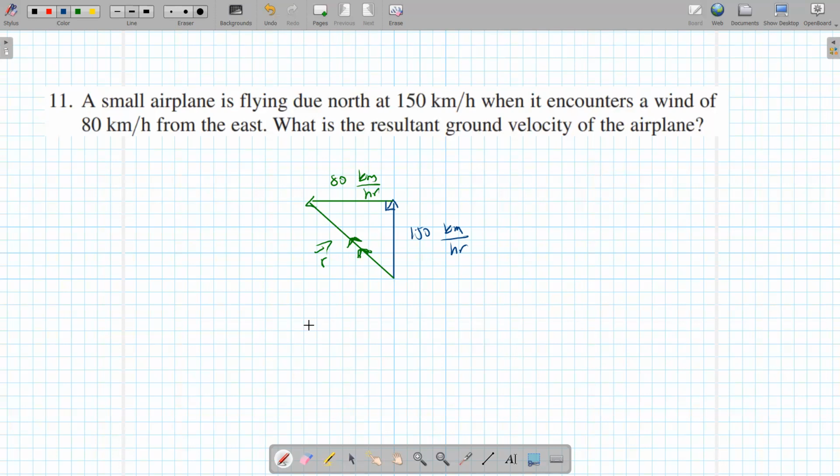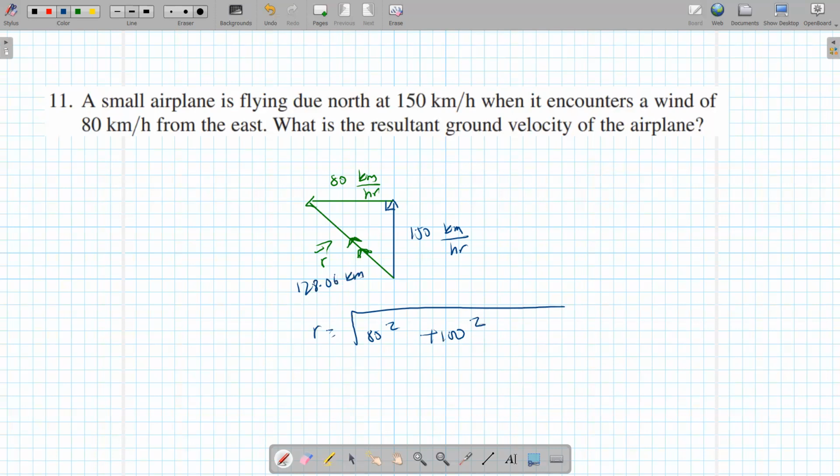You're given two sides of a right angle triangle, yeah? Pythagorean theorem? Yeah, super simple. R at this level now, this should come off like instantly. You see a right angle triangle, two sides, probably Pythagoras theorem. So C is the square root of a squared plus b squared. So 80 squared plus 100 squared. That is